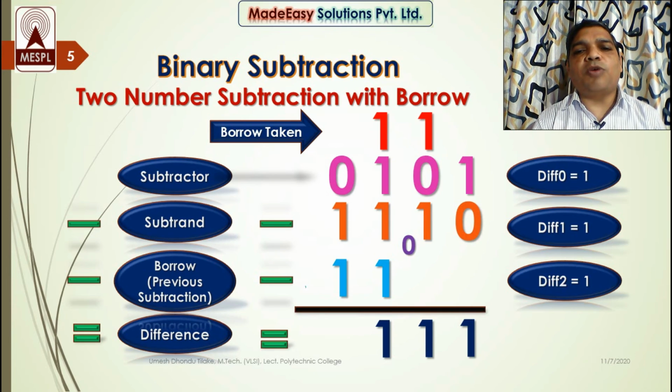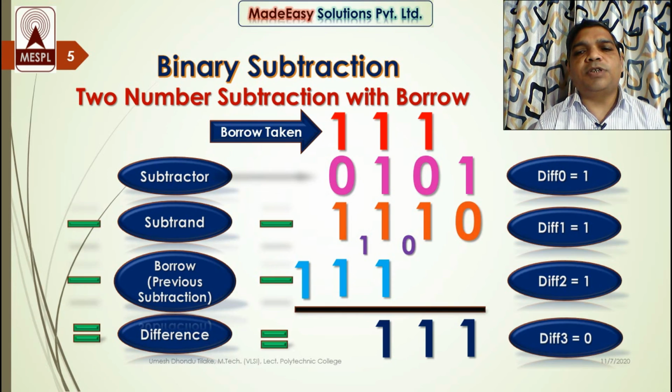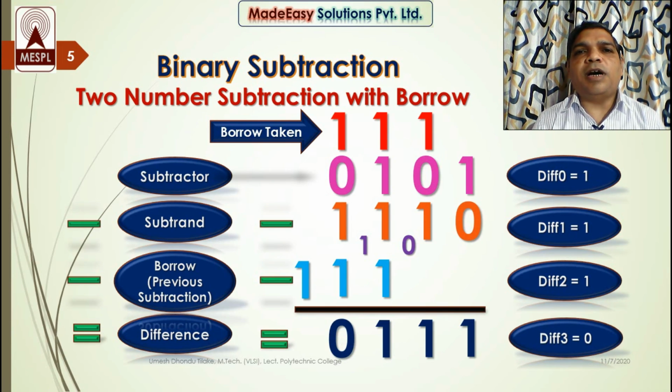So consider the borrow and put it over here, and then subtract 1 from the borrow. So the value of this borrow is 10. So 1 subtracted from 10, I will get the result 1, and this borrow subtracted from the result 1, I will get the difference 0, and I will put the difference over here. Now if you see, I am getting the result 0111. I should have gotten the result 1001. So we get wrong results by using the borrow technique.